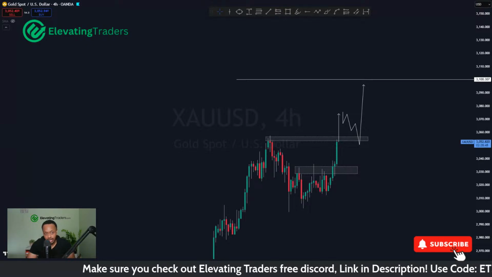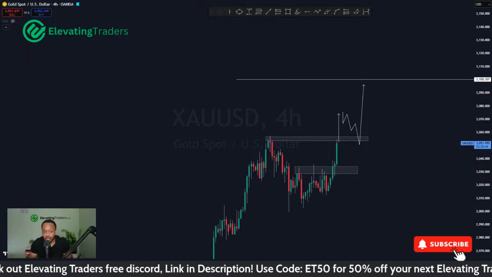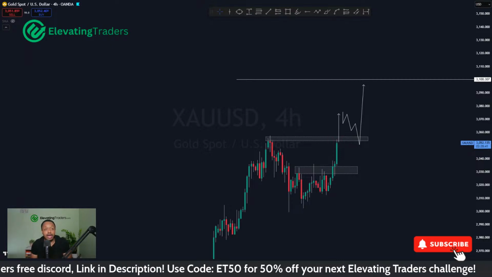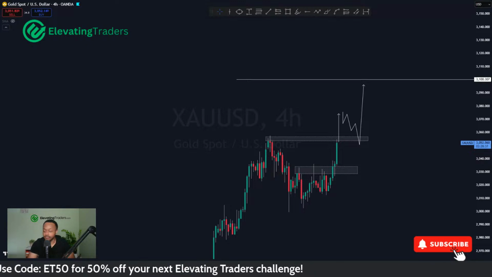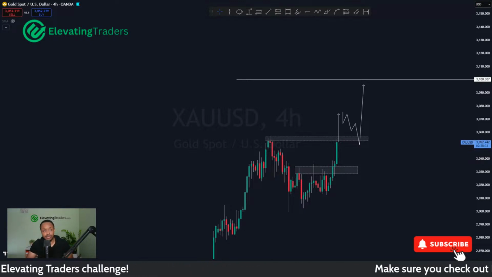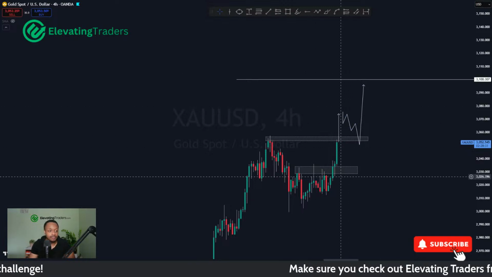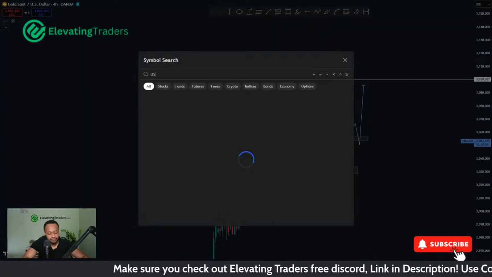Smashed through 3K, well, in the process of potentially smashing 3050. If we can do that, then 3100 is the next point of call there. So yeah, pretty bullish on gold. Not much to do apart from either break. We tested the high, we pull back into 3033. That could be a nice place for a long as well.